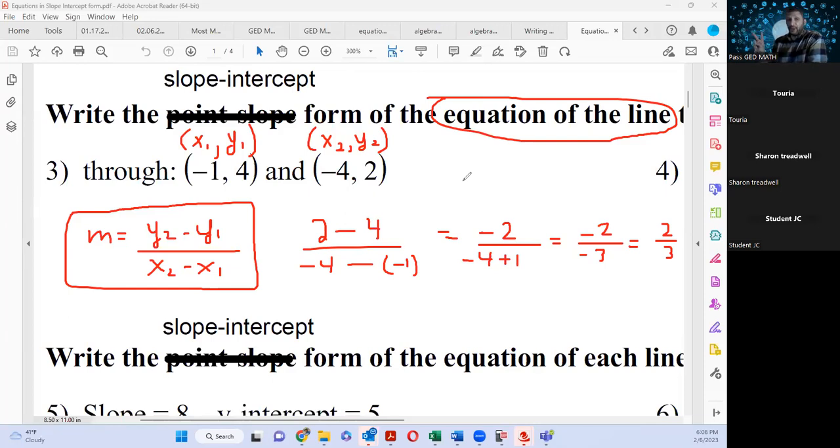So two things we need for the equation of a line. We need the slope, and we also need the y-intercept. Anytime for an equation of a line, we need the slope and the y-intercept. Now that we know the slope,